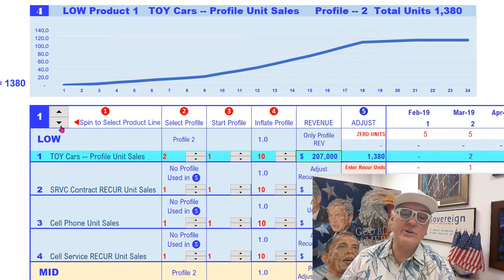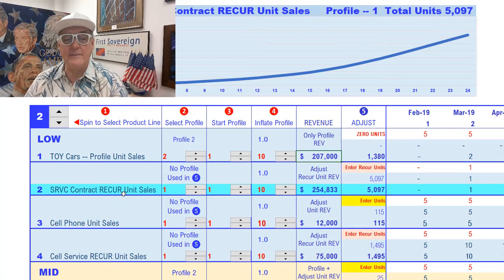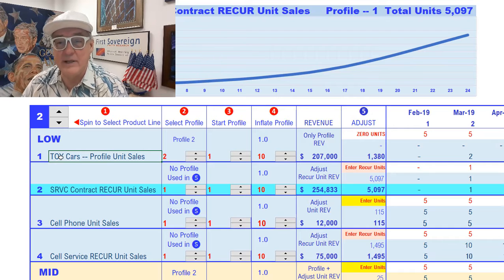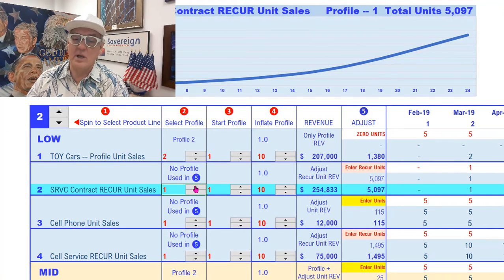Now, let's go down here and do a service contract. So the next thing we got to do is put the turquoise down there. Now, service contract is going to be just like the unit sales. It's like every time you sell a car, they're going to buy a service contract. So set this at 1 because we do not want to use